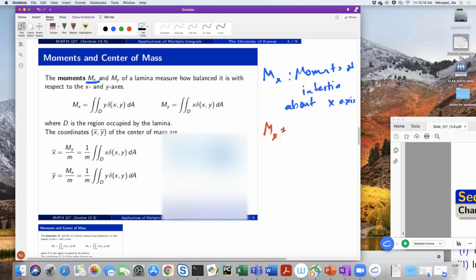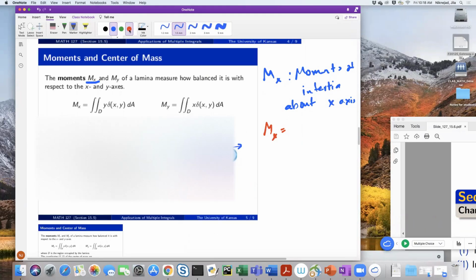And so here we're doing a similar thing, but when we're going about the x-axis, wait, let me start y. There we go. You're finding the little y's and times the,